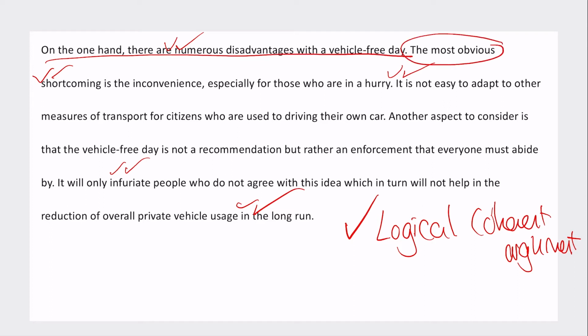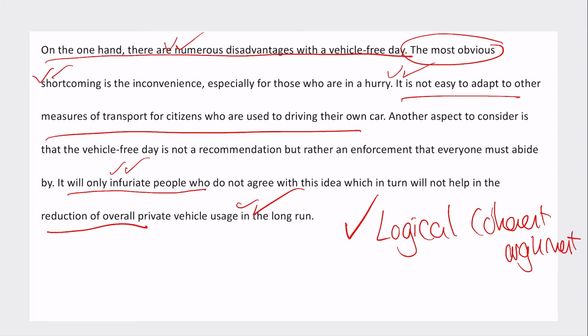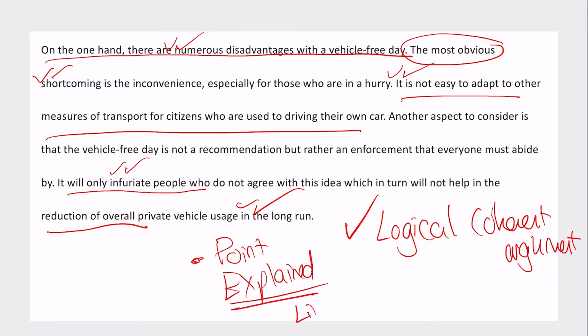First disadvantage, they've explained why it's a disadvantage. Everyone must abide by it, so it's going to make people angry, so it's not going to help with the overall reduction. So they've given me the topic point, and then they've explained in detail, and then they've linked them together. So they've explained why this supports my opinion,